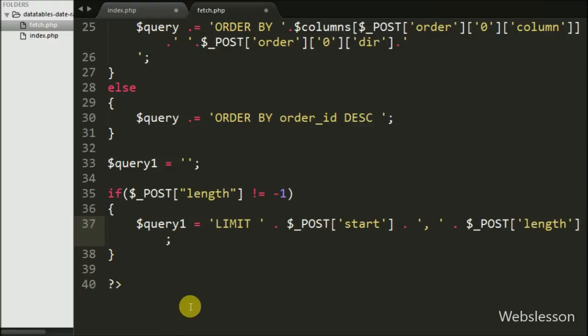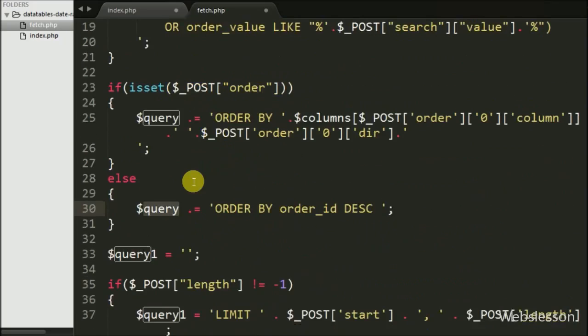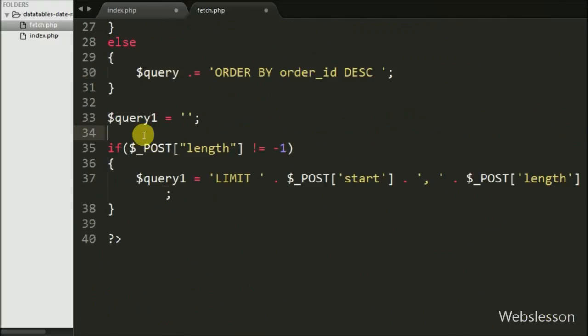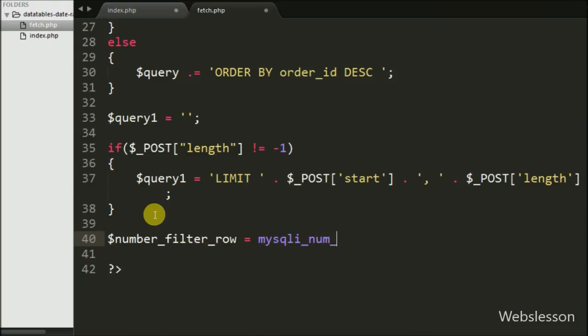Here we have stored query in two different variables. From the $query variable we will get the number of filtered data, and from the combination of both queries we will make the complete query to fetch data from the order table. First we want to execute only the $query variable query to get the number of filtered records, so we have written $number_of_filter_row